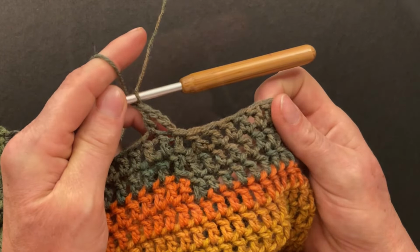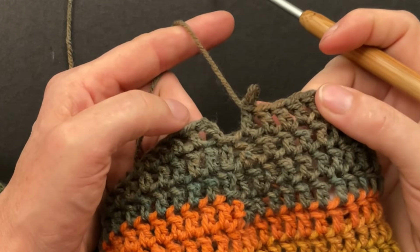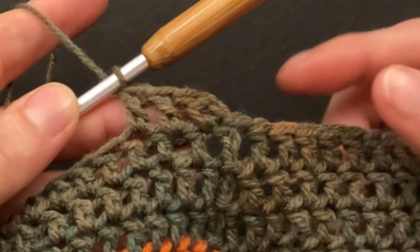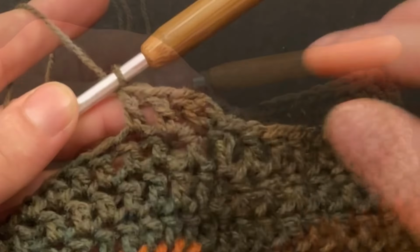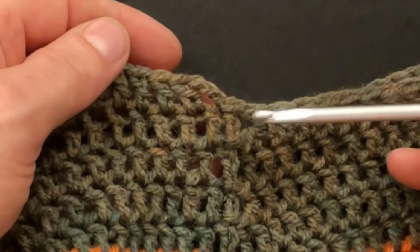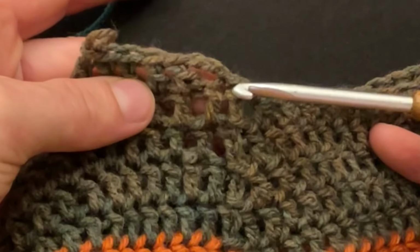And then at the end of the round, don't forget to double crochet into the stitch we previously double crocheted together. Now you can repeat those 2 rounds until your sleeve is long enough. Slip stitch into the 3rd chain, chain 2, and double crochet into all of the previous doubles. At the end of this decreasing round, we double crochet the last 2 together, and we can finish this round, skip over the chain of 2, slip stitch into the double crochet and start the new round with a chain of 3,